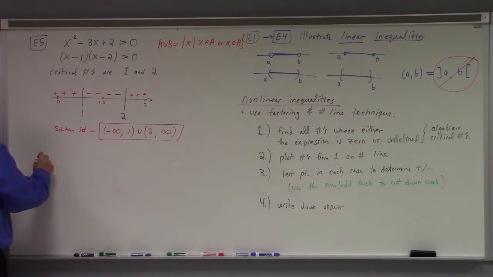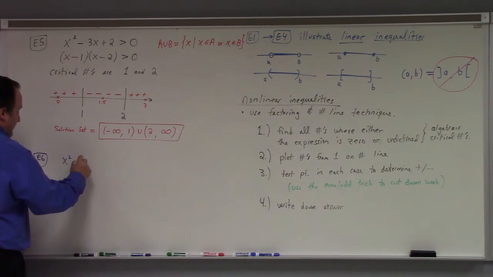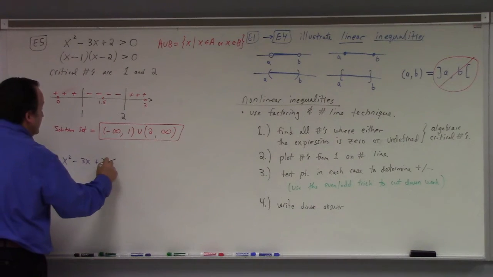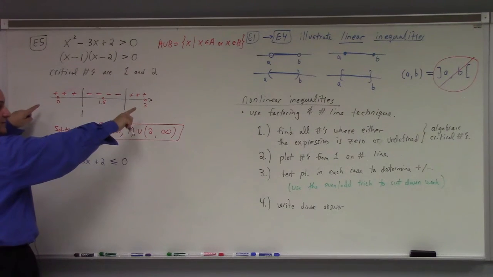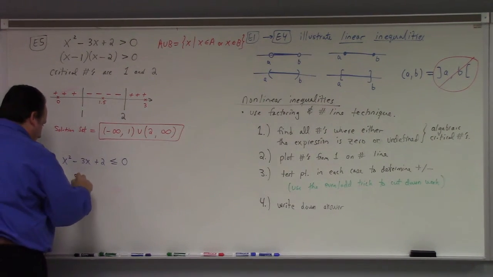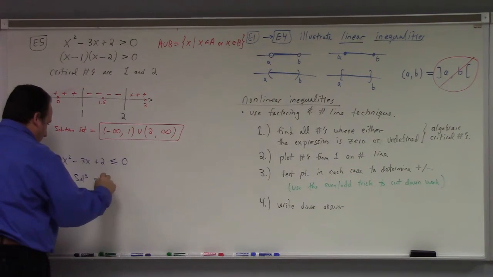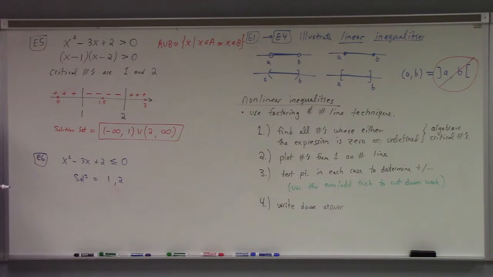Example 6. See, if I was solving the related x squared minus 3x plus 2 less than or equal to 0, by the same work I just did, exactly the same problem, but less than or equal to, just look at the number line, we go from 1 to 2. So the solution, 1 to 2. Now this time, do I include or exclude 1 and 2?